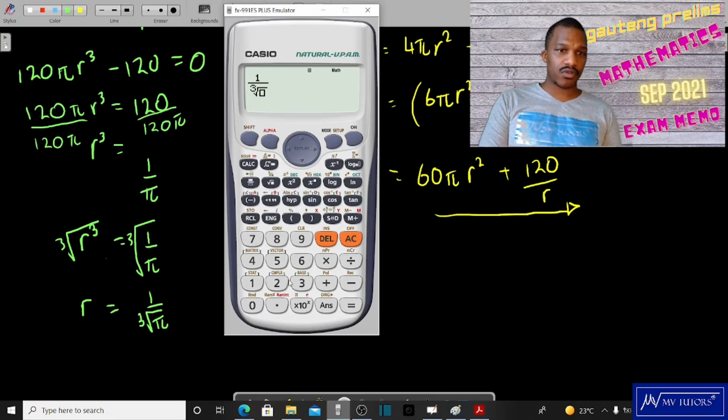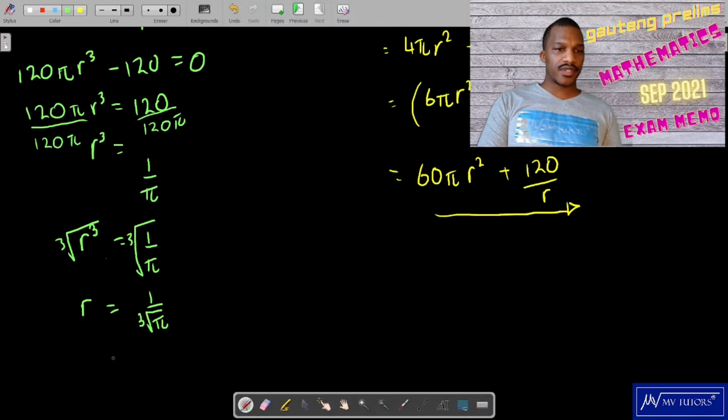There we have a cube root. Where's my pi? It's also orange, so I go shift, put a pi in there. Good. That gives us 0.68, and that is our final answer